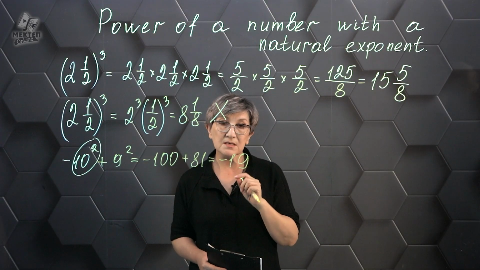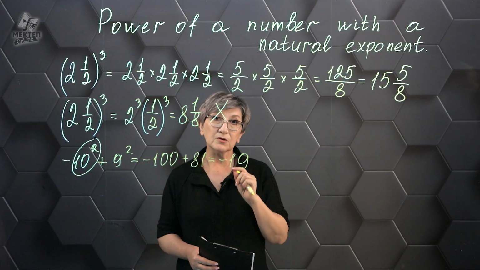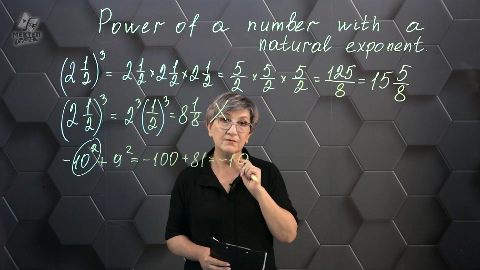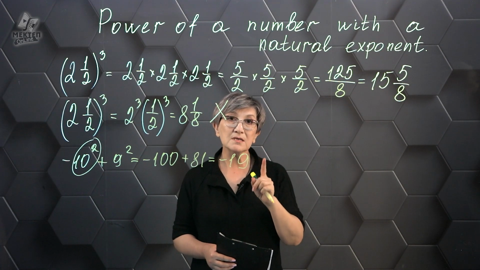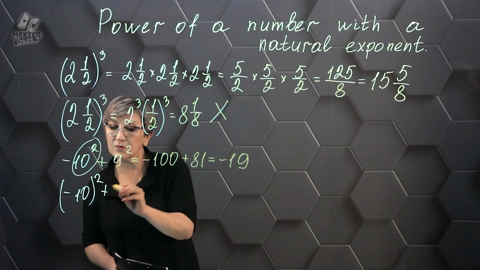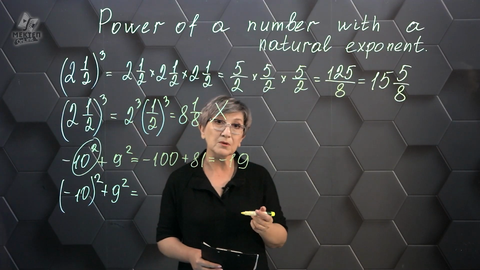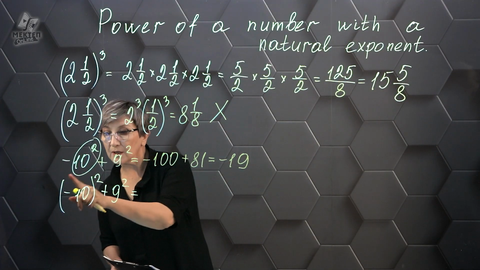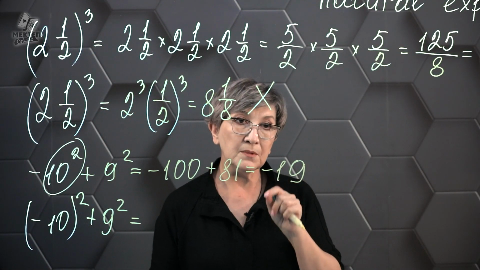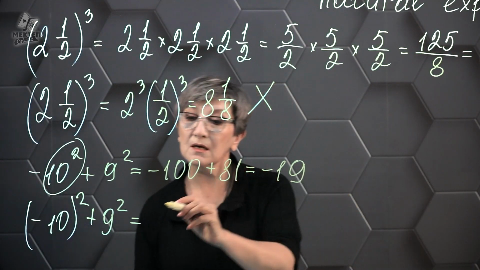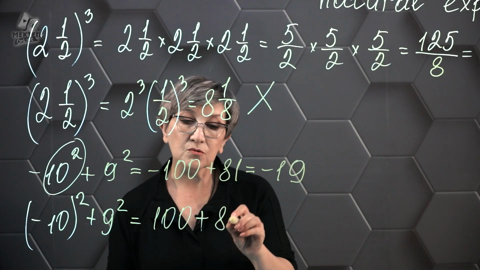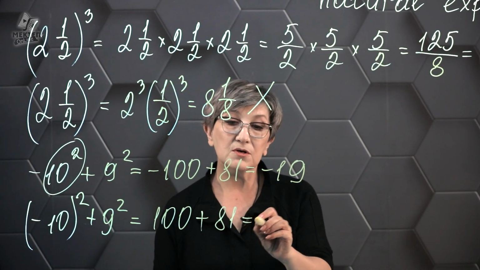When you perform the operations and calculate the value of an expression in which the numbers are written with the degree of the numbers, be very careful. The thing is that if I write this example in this form, (-10) to the degree of 2 plus 9 to the degree of 2, the answer will be different. Why? Because in this case, I'd have to take -10 to the second power. -10 times -10. The result is the number 100. And I need to add 81. The answer is